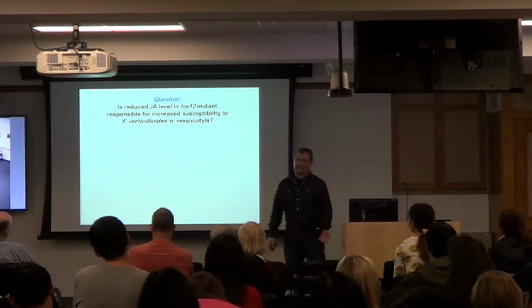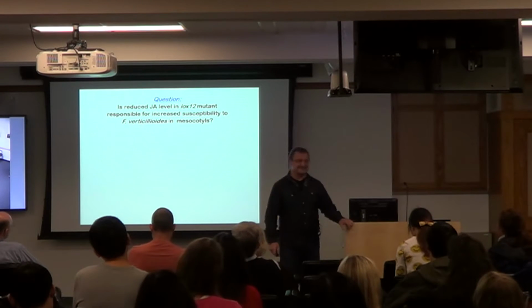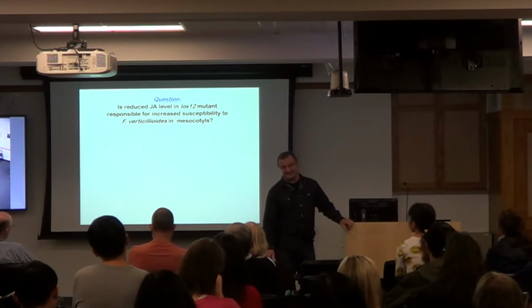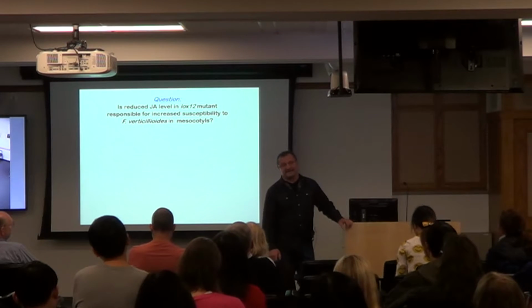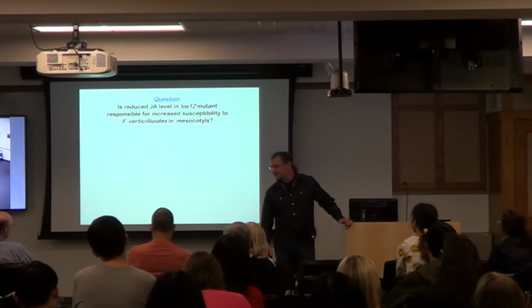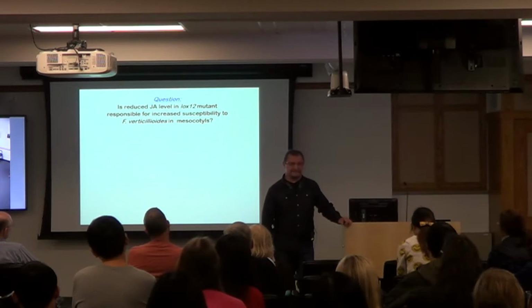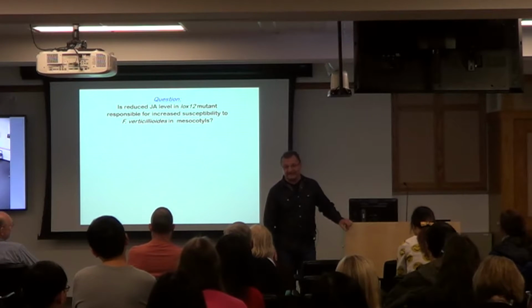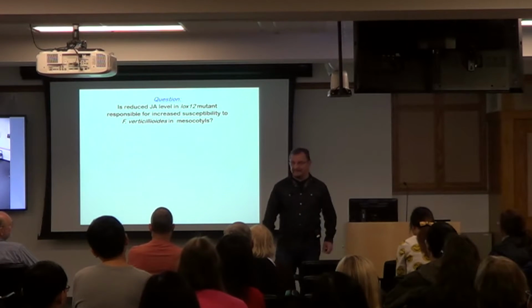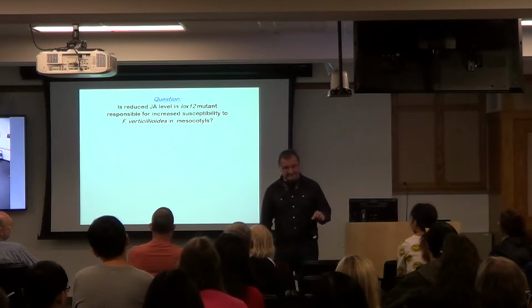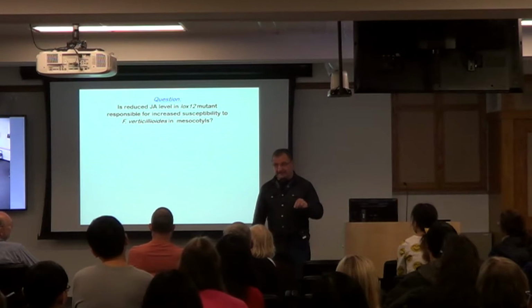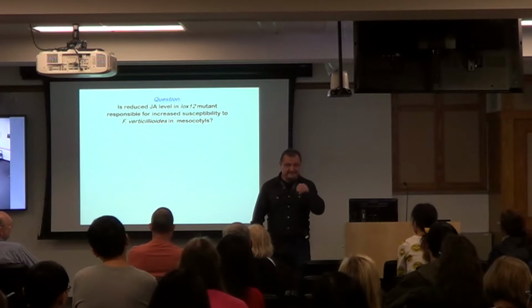So we submitted a paper just like that, suggesting that role, and then the reviewers said, well, since you published JA-deficient mutants, the opr7 opr8 double mutants, why not test the role of jasmonic acid in resistance to Fusarium verticillioides? Which was a very valid question, except that LOX12 mutants are so susceptible to Fusarium verticillioides that every time we plant them in the field, they don't germinate well, because they succumb to Fusarium